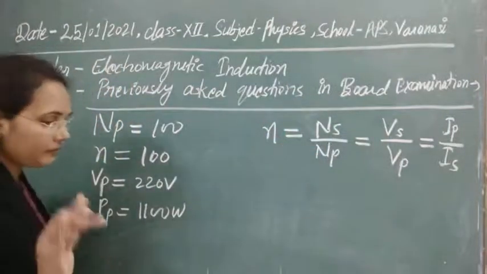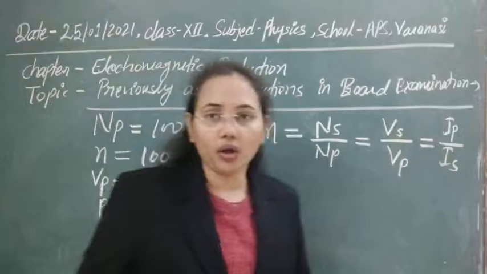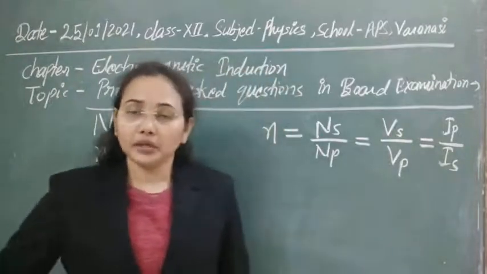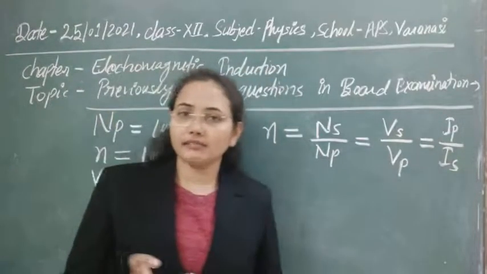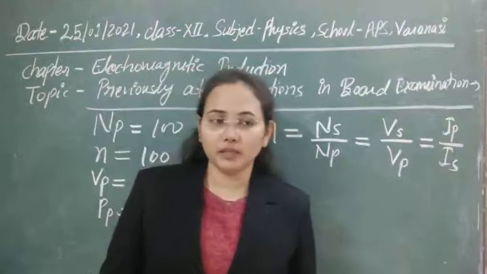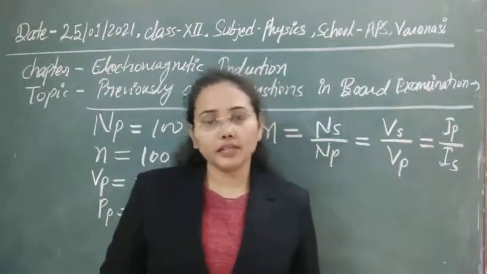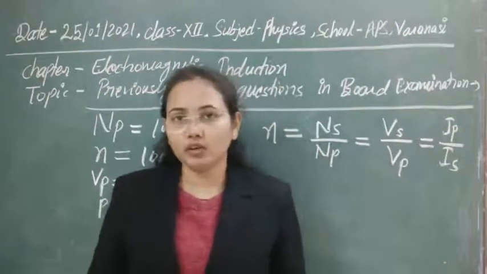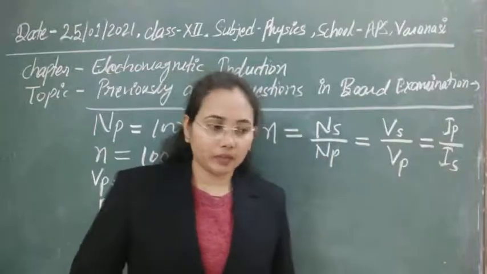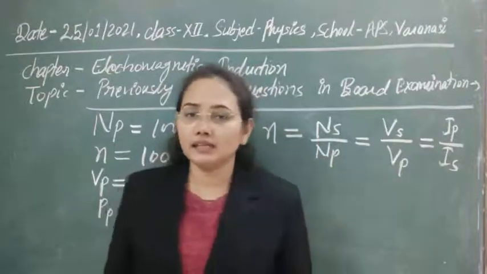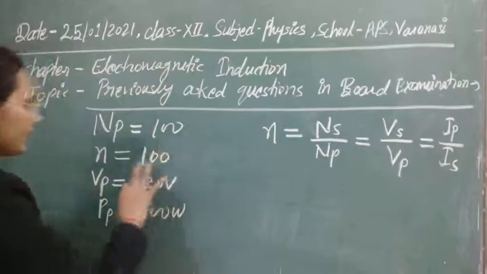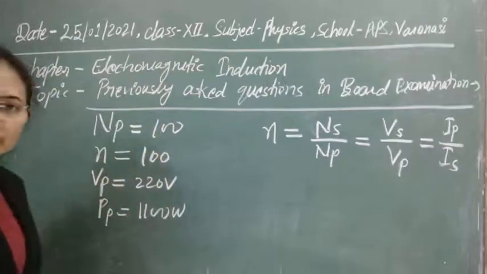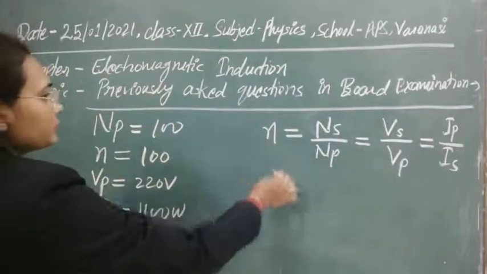So first thing, even if you are using the wrong formula, you can understand it: if it is given that there is a step up transformer, it means that the number of turns in secondary will automatically be greater than the number of primary, since the voltage has to be increased there. So if we calculate, NS should be greater than NP here. Now let's use this formula.